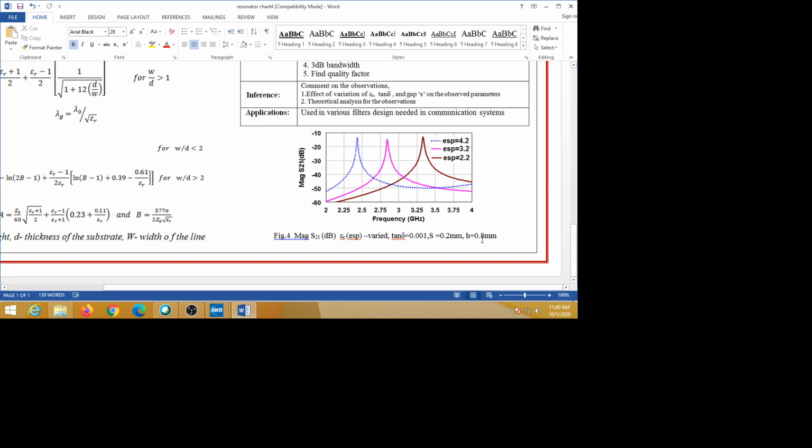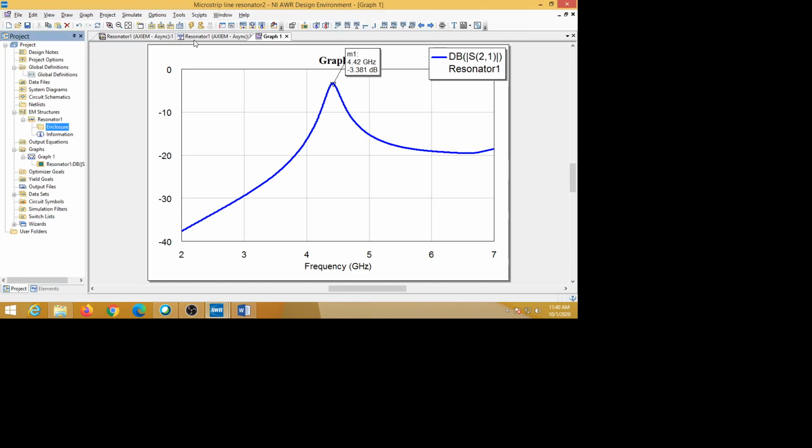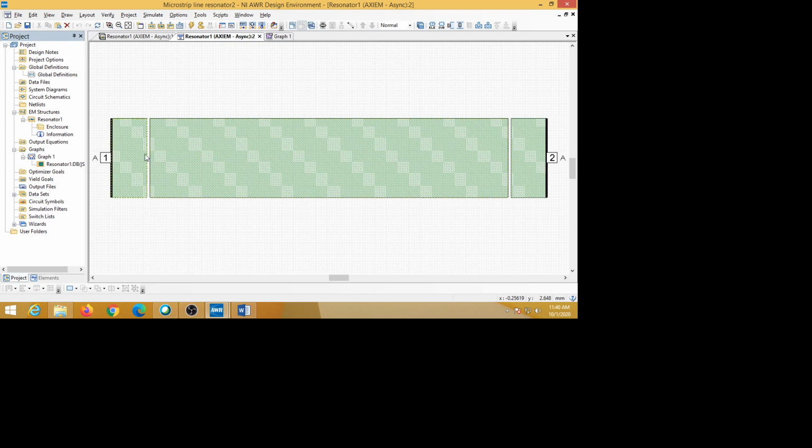The height of the substrate we are not changing. All this we kept constant. This is the resonator structure, we are not changing it. We keep it the same. Tan delta we are not changing, and the height of this substrate also we are not changing. Only change the permittivity and see what happens to the plot here.